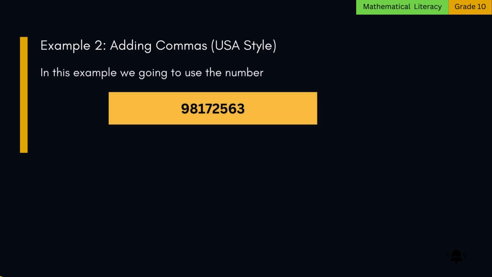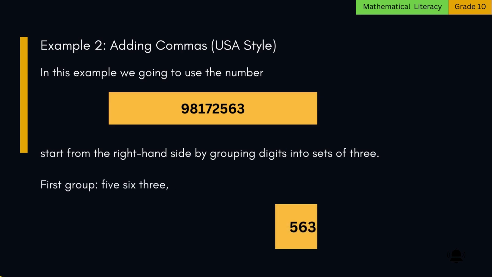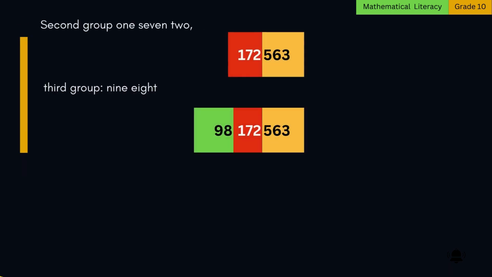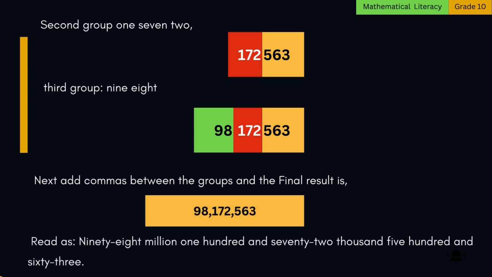Example 2. Adding commas, USA style. In this example we're going to use the number. Start from the right-hand side by grouping digits into sets of 3. First group, 5, 6, 3. Second group 1, 7, 2. Third group, 9, 8. Next add commas between the groups and the final result is, read as,